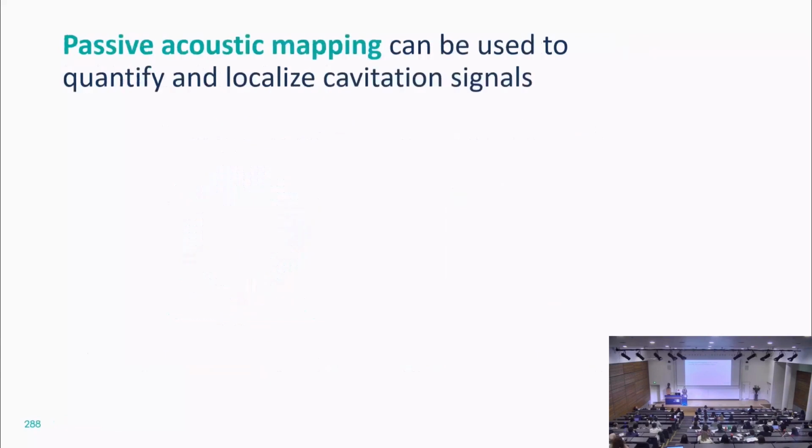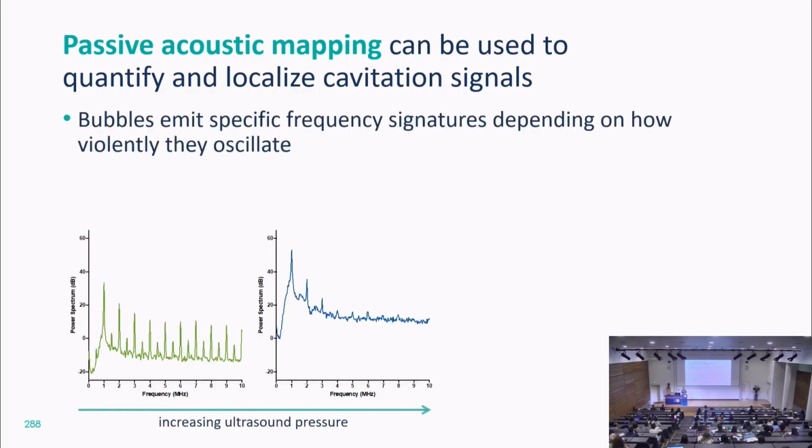Passive acoustic mapping can be used to monitor this bubble activity in real time. When the bubbles do that violent oscillation, they can emit ultrasound echoes that can then be received by an ultrasound device and characterized and quantified. The way that this is done is because bubbles emit specific frequency signatures depending on how violently they oscillate. When you increase the ultrasound pressure, you go from these really discrete harmonics and subharmonics signal, and it moves into a signal that is comprised mainly of broadband elevated noise